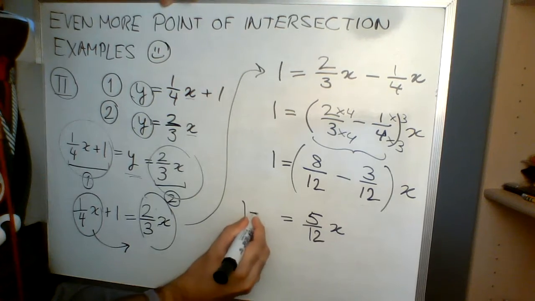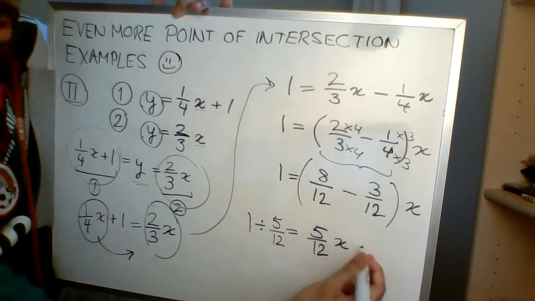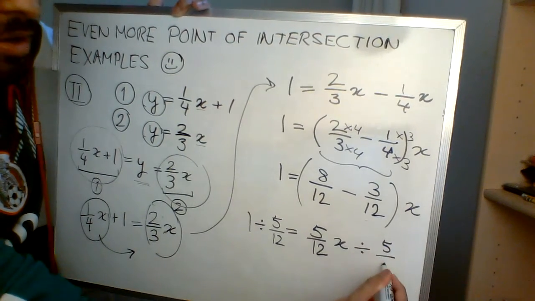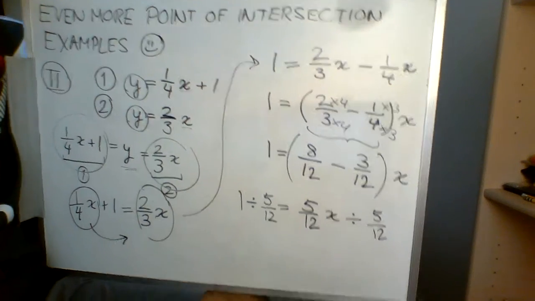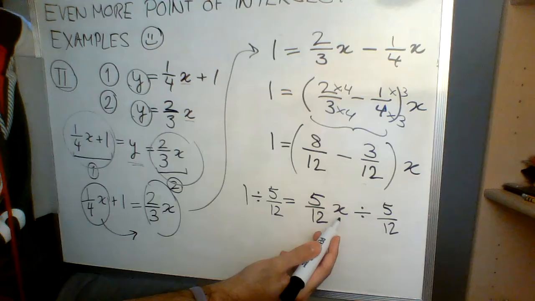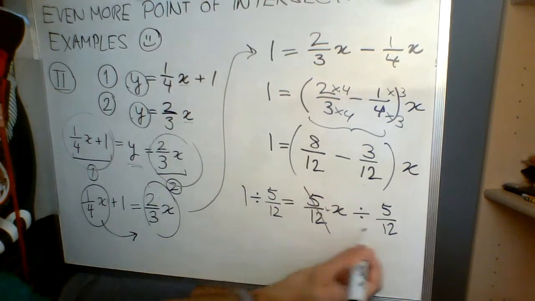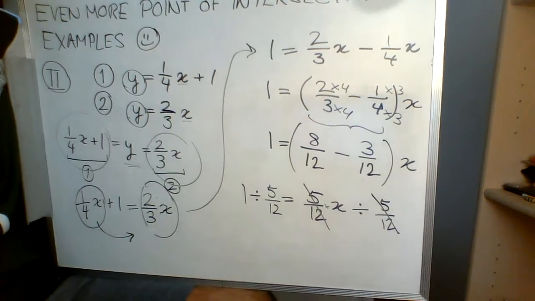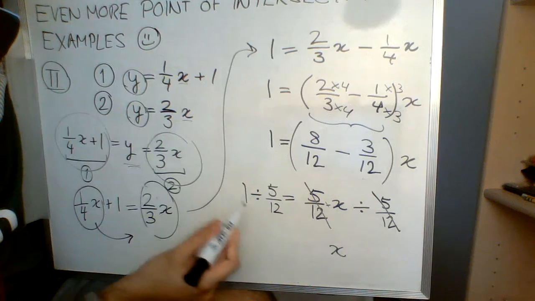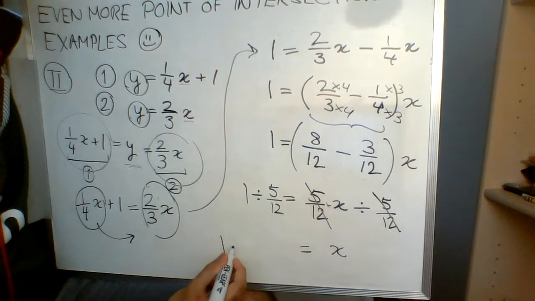So now I need to do 1 divided by 5/12 is equal to 5/12 x divided by 5/12, right? That's what we need to do. And so if I've got x here being multiplied by 5/12 and divided by 5/12, those will completely disappear from the right side, and I'll be left with just x. And then on the left side, well, 1 divided by 5/12 is the same as 1 times